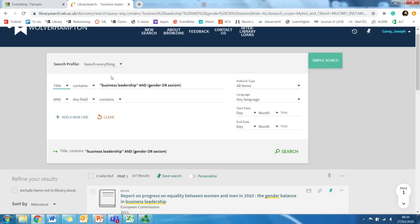So if these terms are coming back in the title of a text, you can be pretty sure that that result is going to be relevant to your search. Okay, it's going to be relevant to your assignment. So if we then click search here, careful not to go to simple search because that takes you back to where we were a minute ago. If we search this,